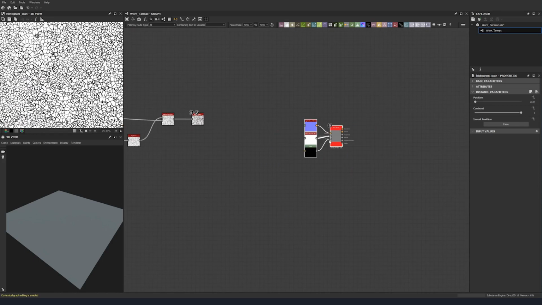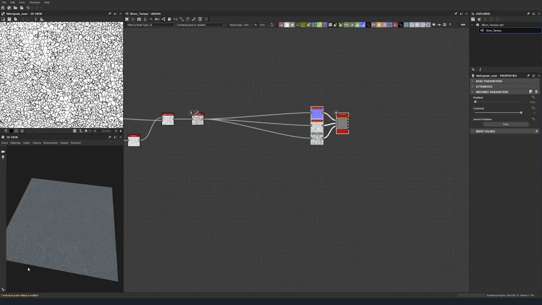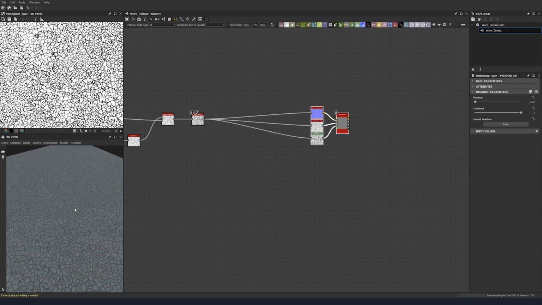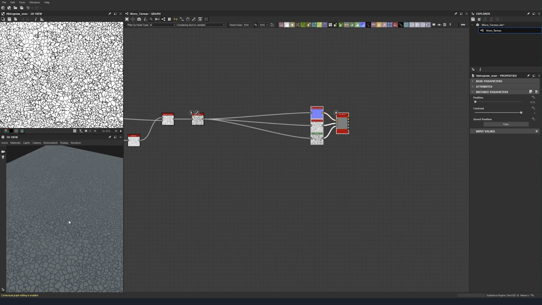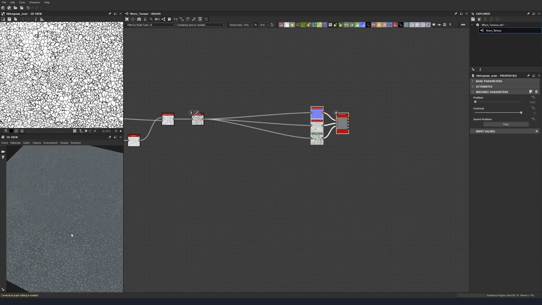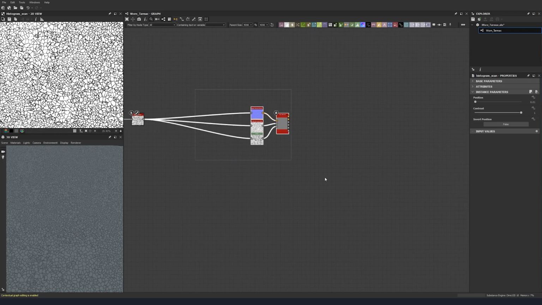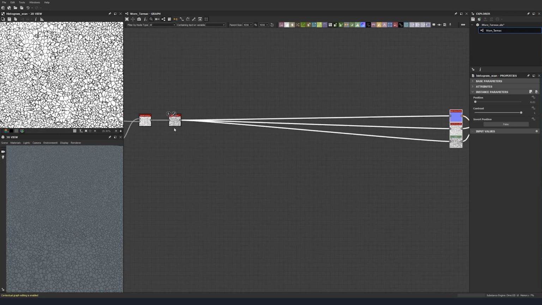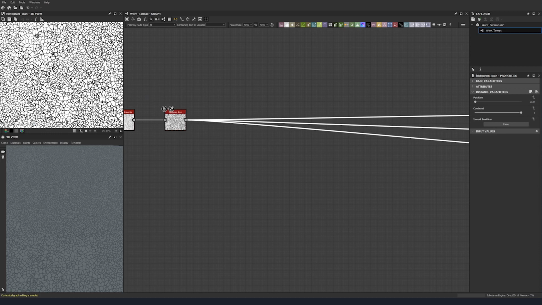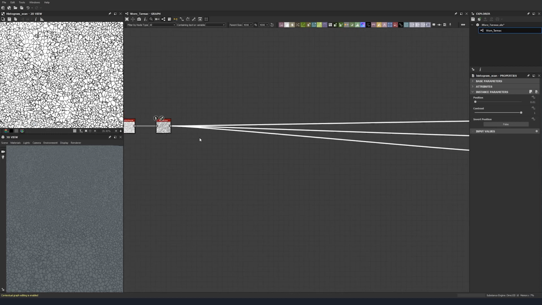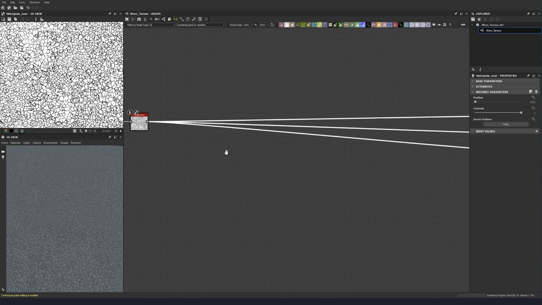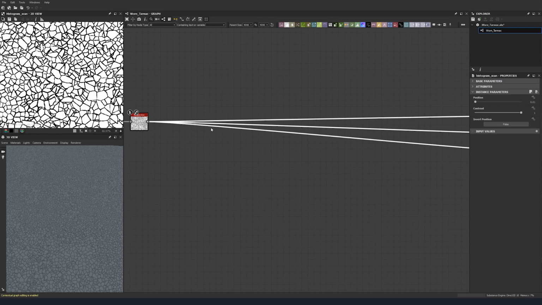Great. We can attach this into our outputs here so we can see what's going on. And this is going to make our base for our tarmac. Let's make the noise and sculpting of our tarmac stones. So again, covered this in a previous tutorial, but we're going to do it again for this tutorial on sculpting